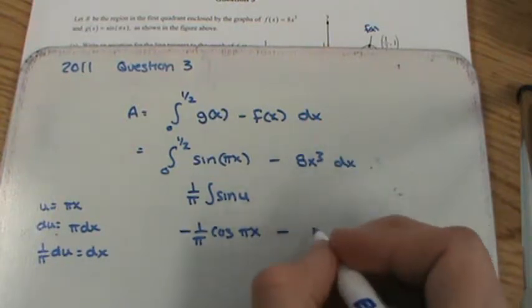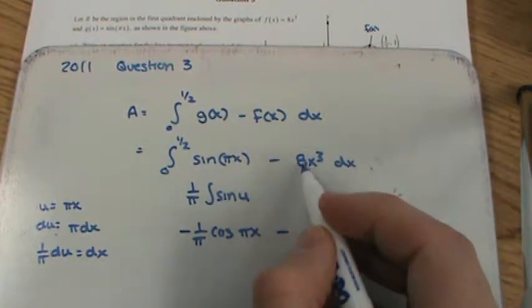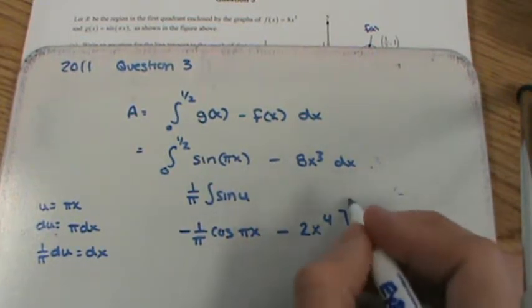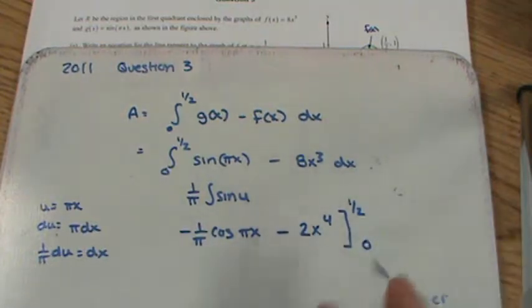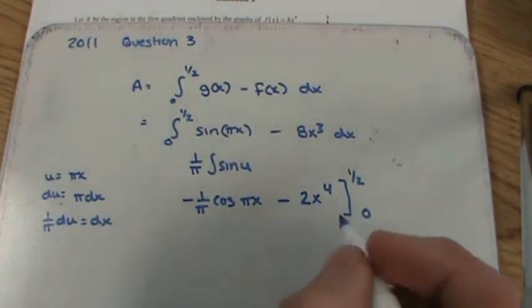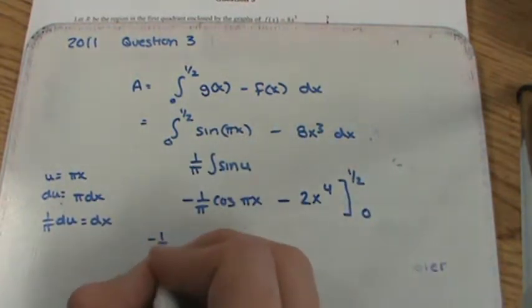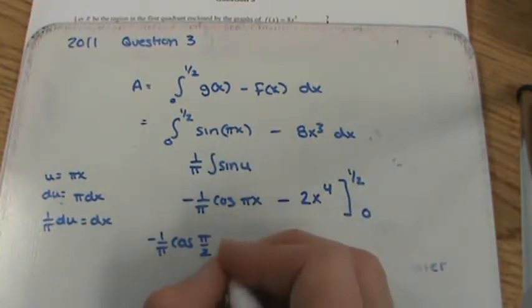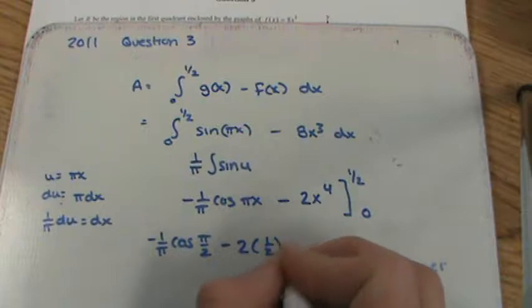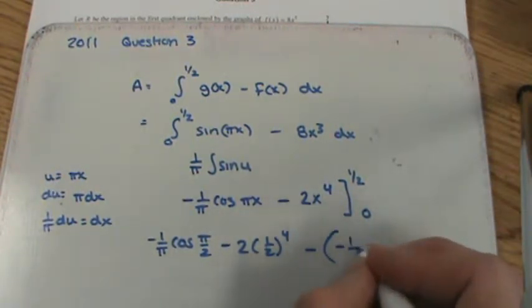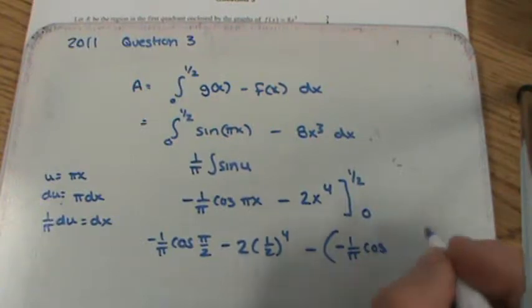All right, add 1, so that becomes x to the 4th, and then divide by 4. 8 over 4 gives us 2. And we're going to evaluate this from 1/2 to 0. All right, from there we're going to go ahead and substitute in. So 1 over pi cosine of pi times 1/2 is pi over 2. All right, minus 2 times 1/2 to the 4th minus parentheses negative 1 over pi cosine 0 times pi is